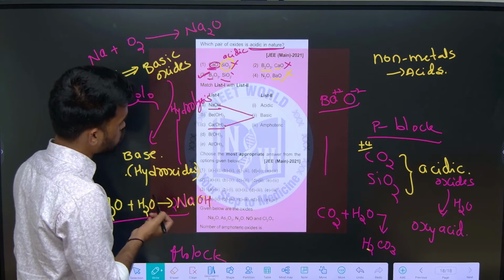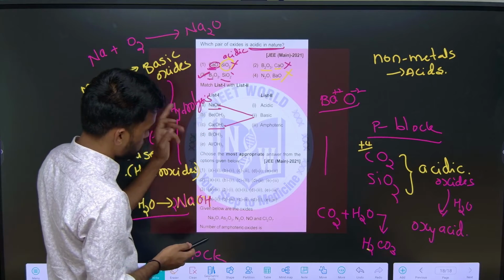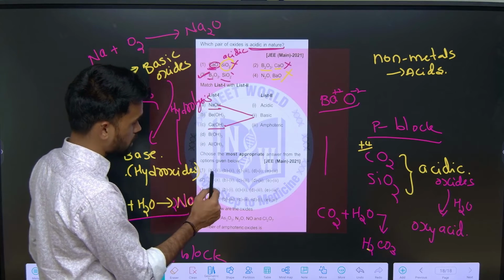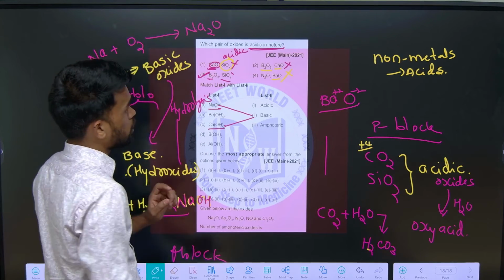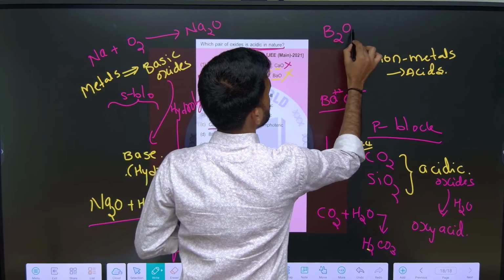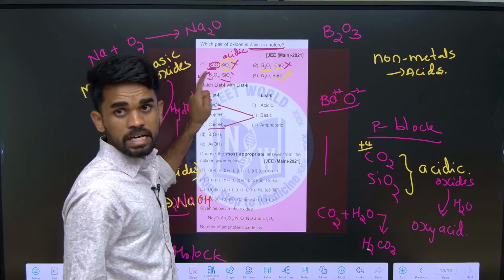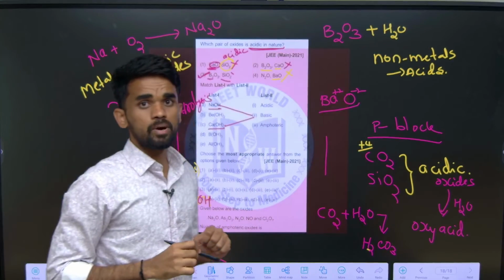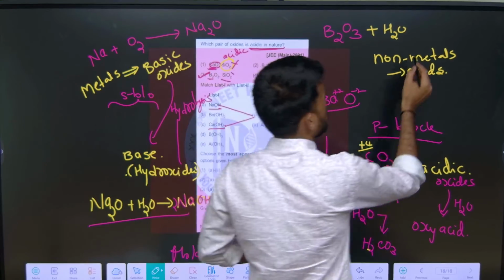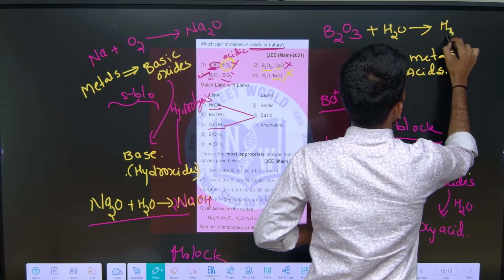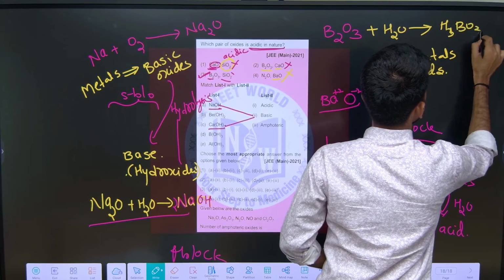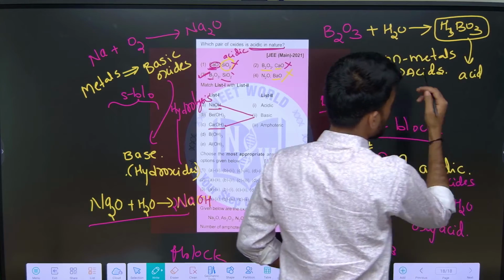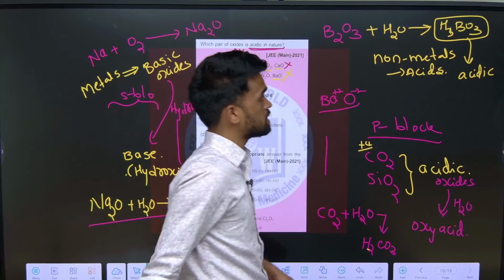Now go through the options. A2 is correct in every way, so we cannot eliminate. Next, let us come to B later. I told you B2O3 is an acidic oxide. If acidic oxides are hydrolyzed, what are we getting? Acidic oxides upon hydrolysis give the respective oxy acids, that is H3BO3, which is acidic in nature.